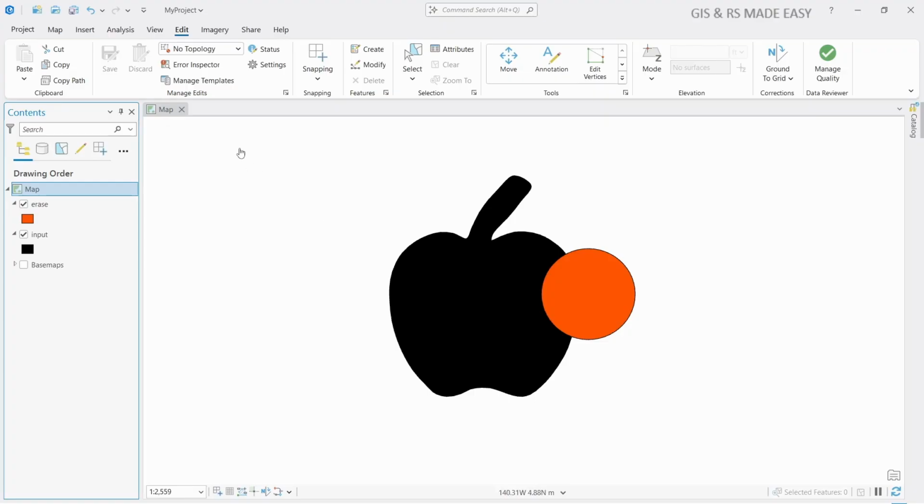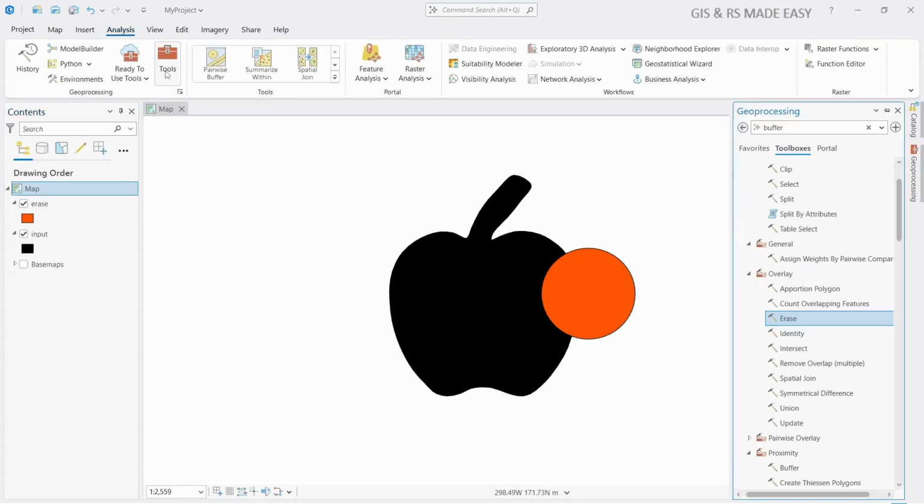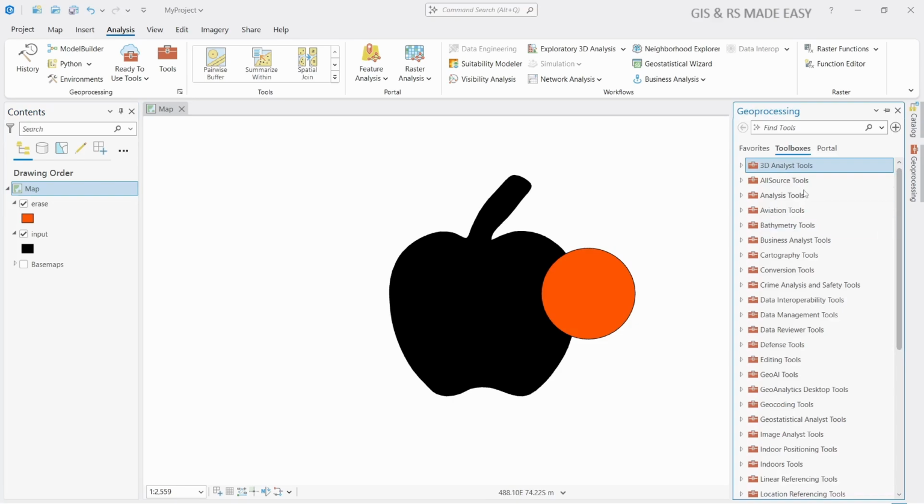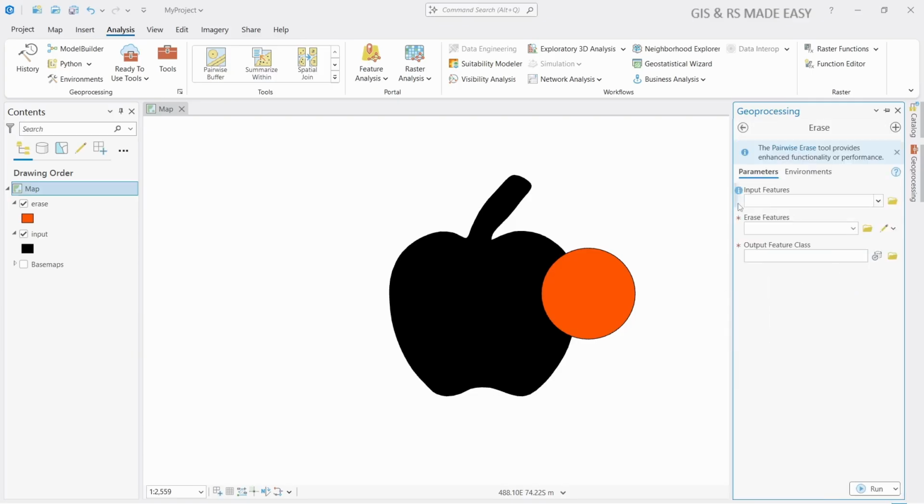To do that, go to Analysis and click on Tools. Under the Toolboxes tab, expand Analysis Tools and then Overlay. Here you will find the erase tool. Click on that. Now in the input feature tool drop down, we will select our input image, that is shape